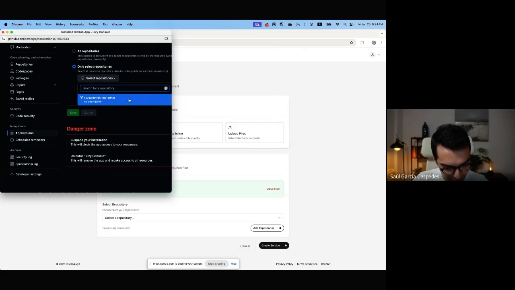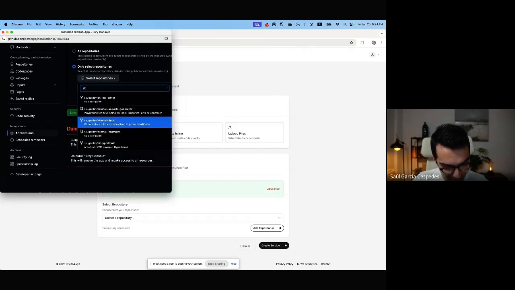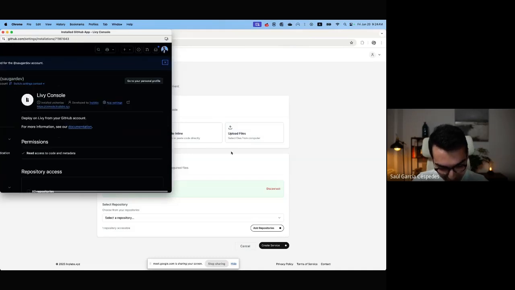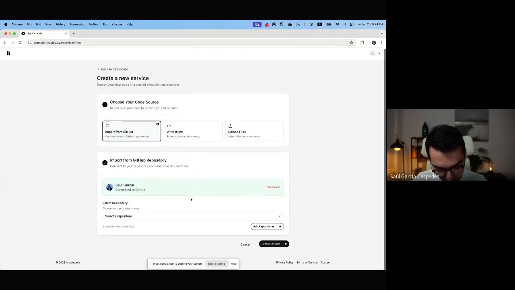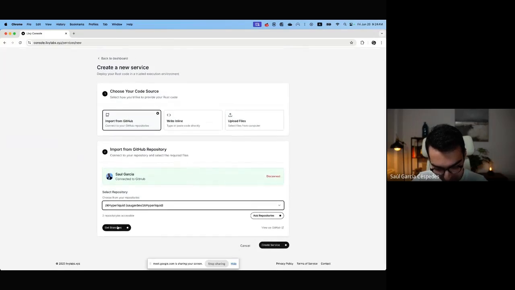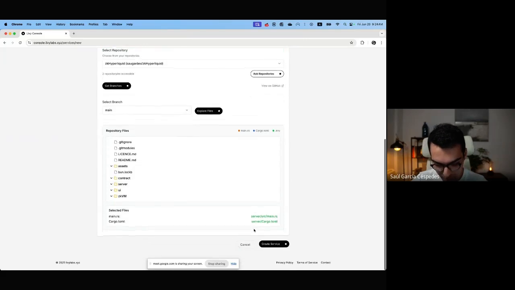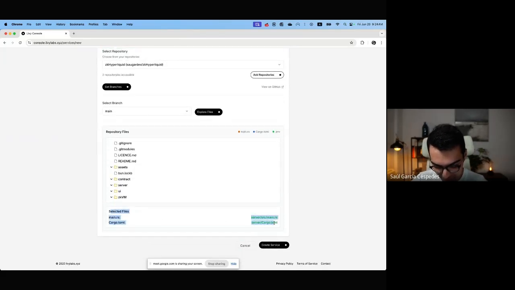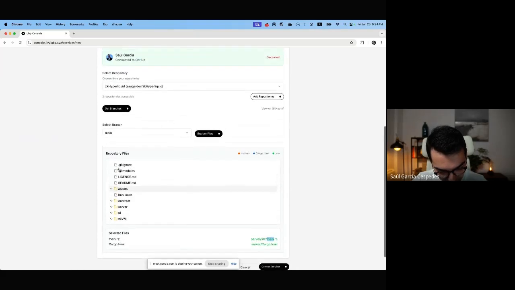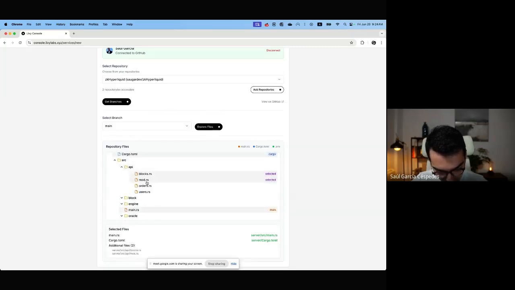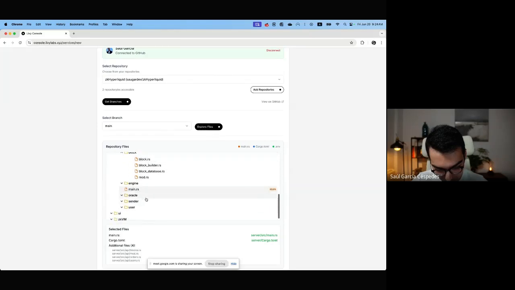Where is it? Wait a minute. I don't know where my repo is. I don't find that. CK Hyperliquid, let's do this. So we would get the repository now, and then we can get the branches and explore the files, and if there is a Rust program here, it's going to automatically detect the program. So now we are taking the main file, and this should be around server. This is everything that we have. Okay, we need to add all these blocks manually. Never mind. It's a tiny bit more complex working on the UX.